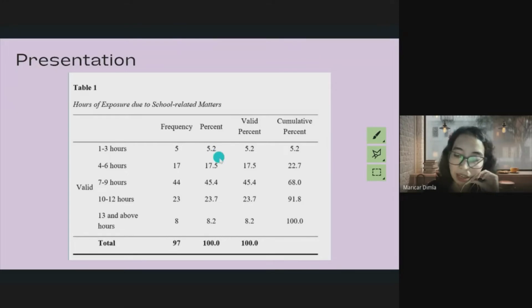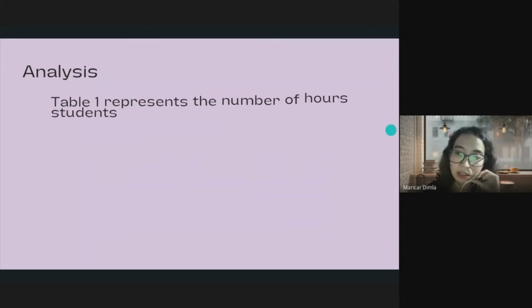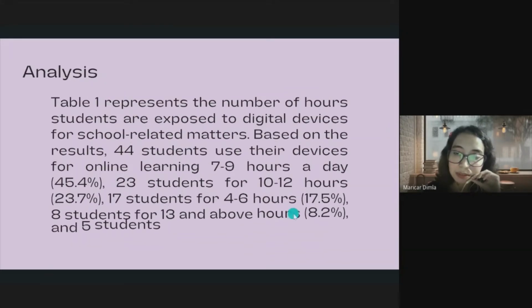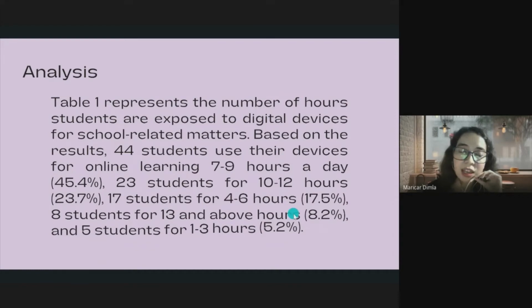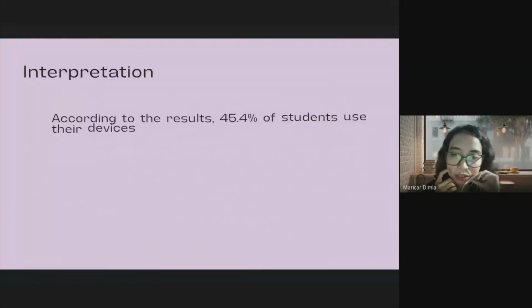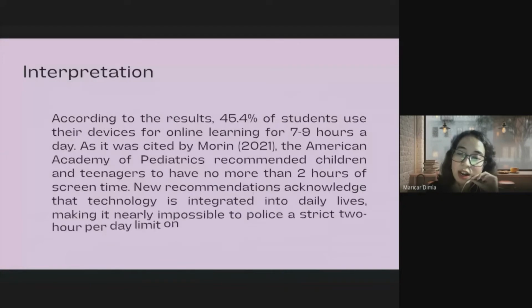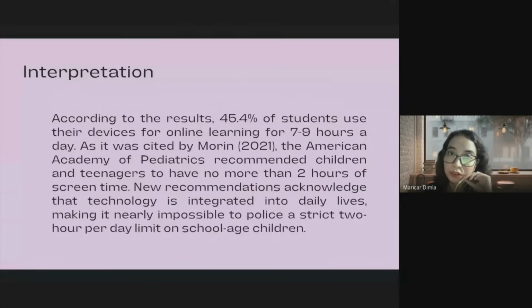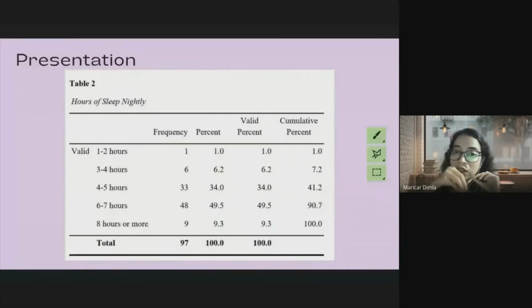So, let's provide analysis for that. Simple as this. And then for the interpretation, again, go back with your RL and RS that could support the findings of your analysis. Plus, sabi ko sa inyo, connected dito sa interval and ratio yung magiging IB and your DB. So this time around, class, ito naman, hours of sleep.